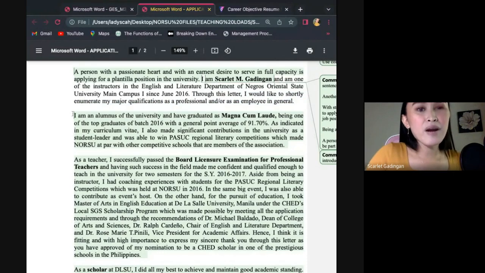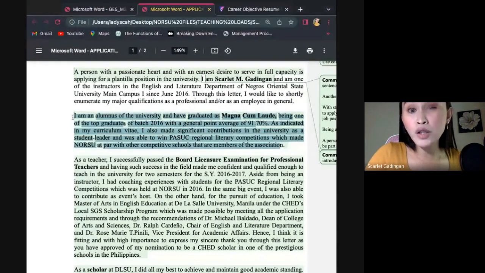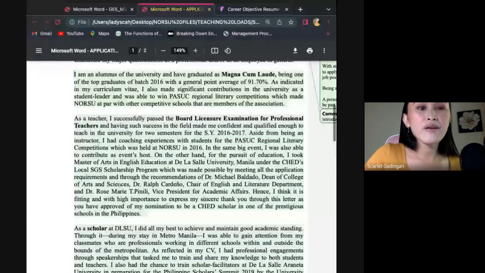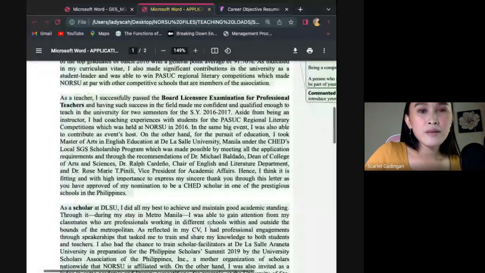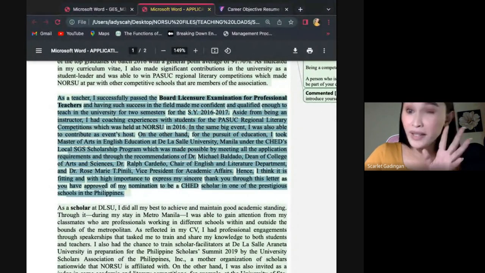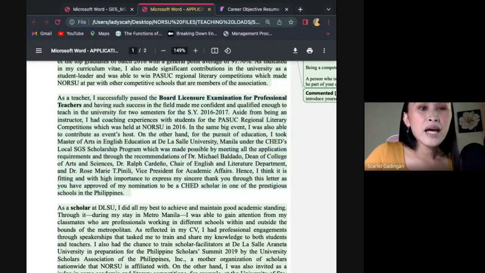And then in the second paragraph, you can highlight the best things about you first. For example, you graduated as magna cum laude, and then you have those awards. Then you can have one paragraph for your awards. And then in the next paragraph, if you are a licensed professional teacher, or, I know it's not a board course, but you have an accreditation as a technician or whatever, you can put that there. And then another,